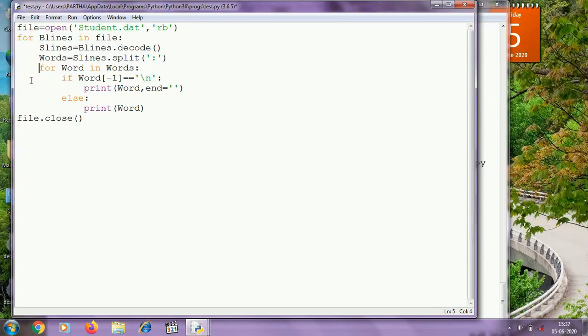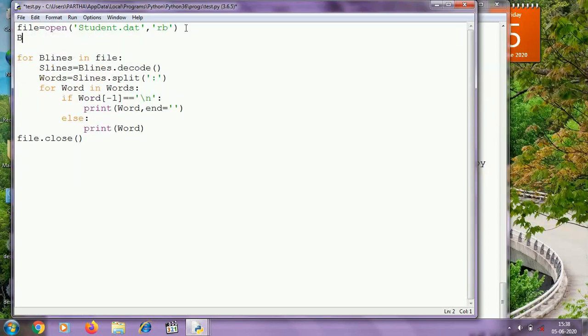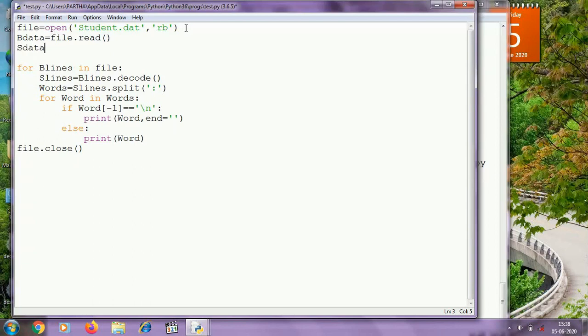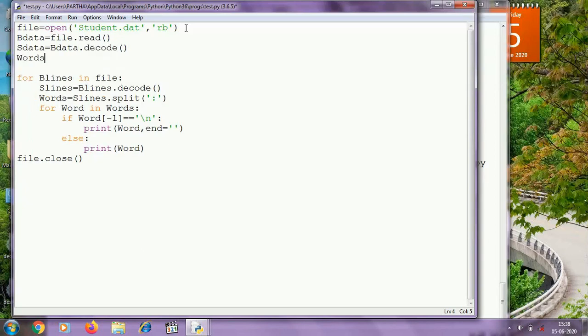Now I shall show you how to fetch words from a binary file using read method. bdata equal to file dot read. Then here I am converting this binary data to string using decode. Then I am splitting sdata using split method.